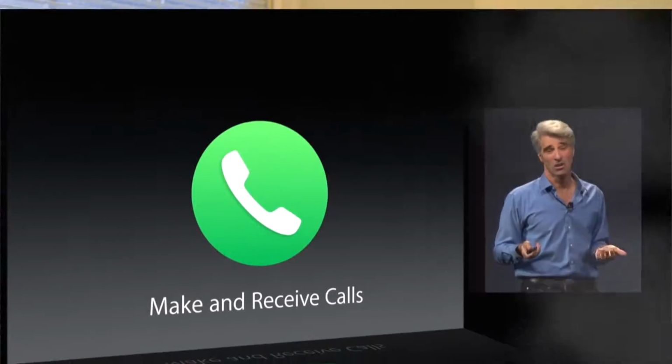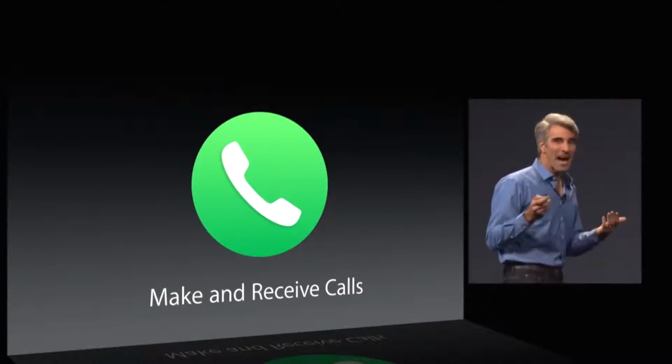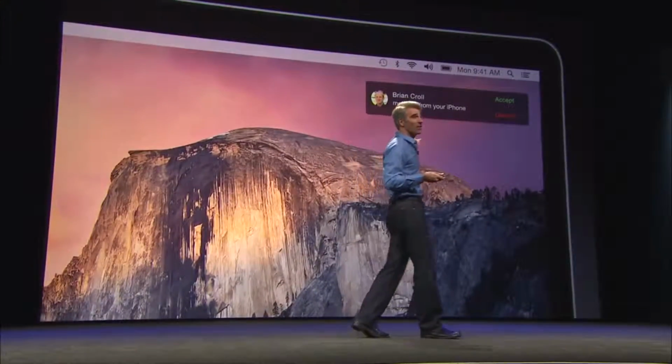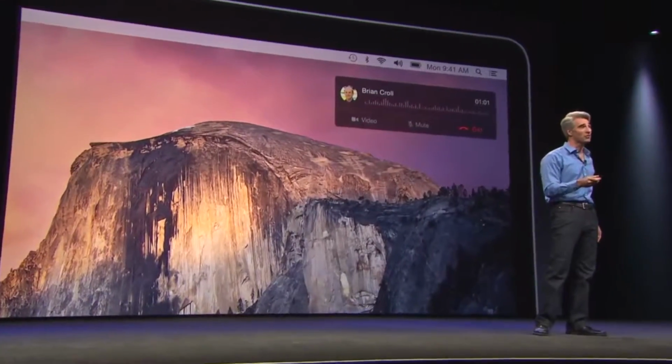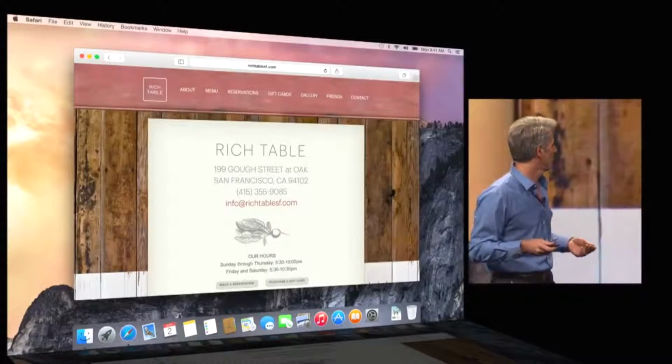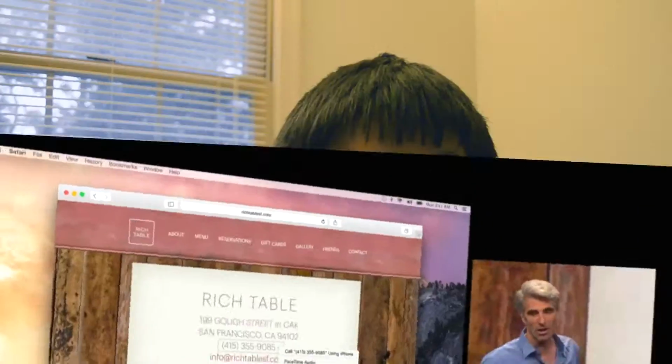Another thing with that continuity is that you can get a call on your iPhone and it'll push it out to your iPad and your Mac. So you can pick up a phone call that's coming in through your iPhone on your Mac, which is really cool. And the same goes, you can dial a number using your Mac now. That is pretty darn cool, honestly. It's not that far-fetched, but it's the little things, it really is.